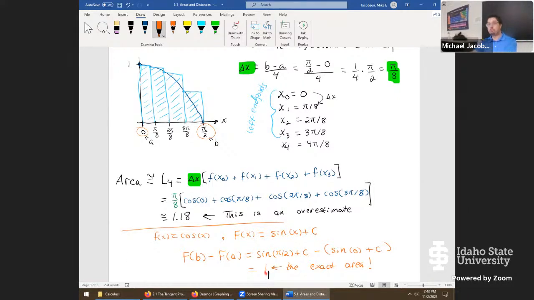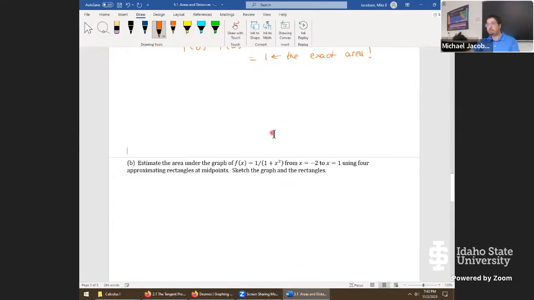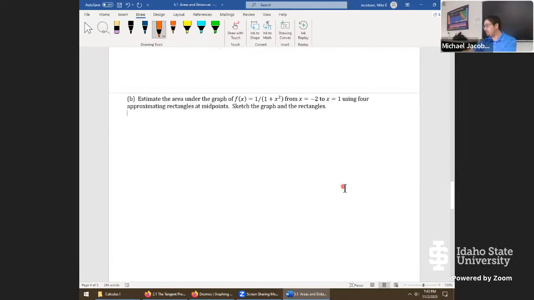Okay, well, we've got one more to give a try, and let's see, about 24 minutes. That should be plenty of time. Let's see how this next one goes. It's part B, pretty much asking us to do the same thing. This will be our last problem for this set of notes, but I just want to show also, in case